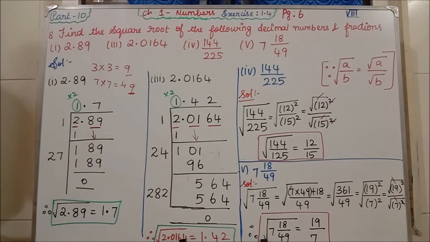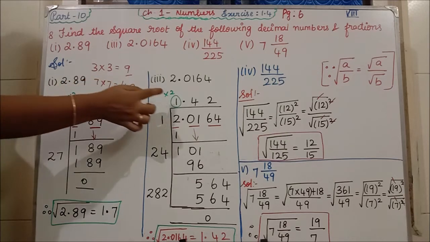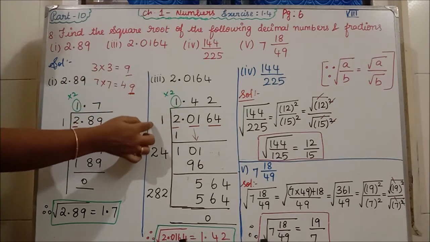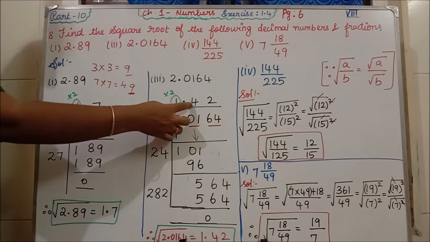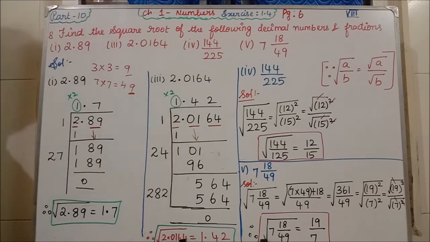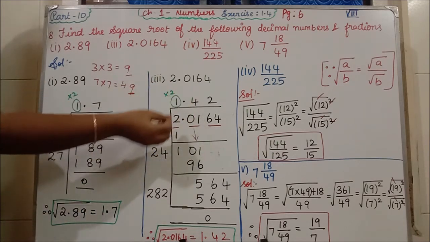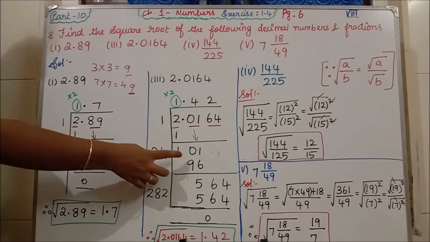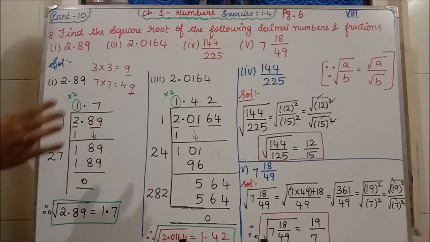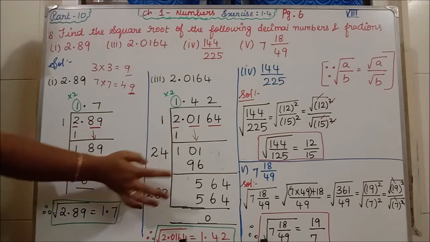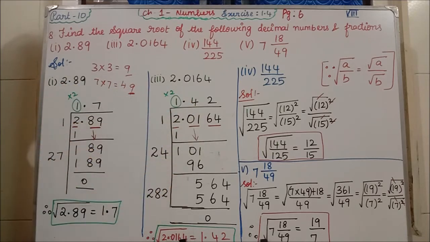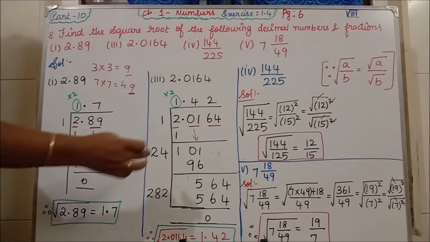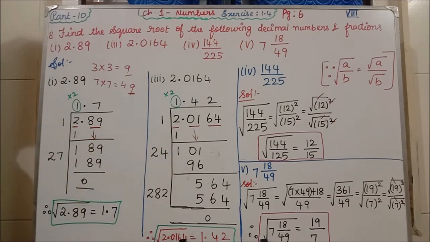Then we have to bring the 0, 1 down. After bringing that 0, 1, what we have to do, the third step, this 1 you have to multiply with 2 and write here. 1 2s are 2. Now what number you are writing, the same number here also you have to write. Isn't it? So if you write here 1, then here also 1. But we need a number near 101. So only if I put 4 and 4, I will get near to this number. Here 4 into 24, if you multiply, we are getting 96. Clear? 101 minus 96, if you are subtracting, we will get 5.